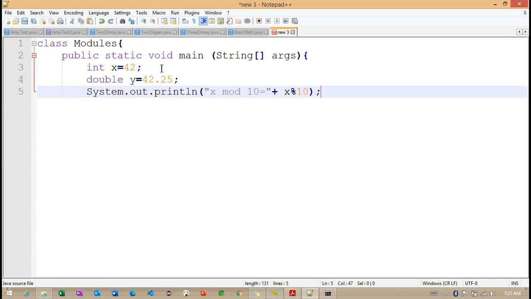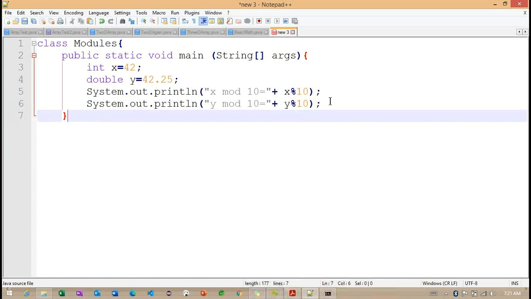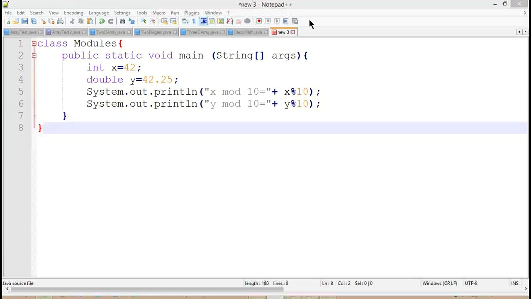Print x mod 10, and say y mod 10 here. Now, what to understand here, we need to check the values, 42.